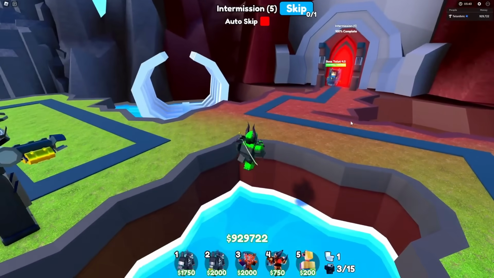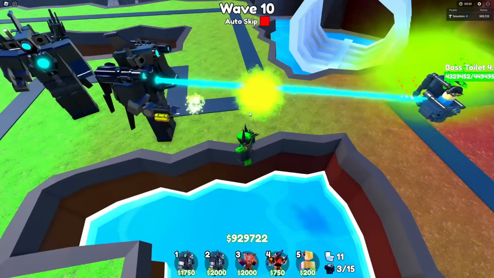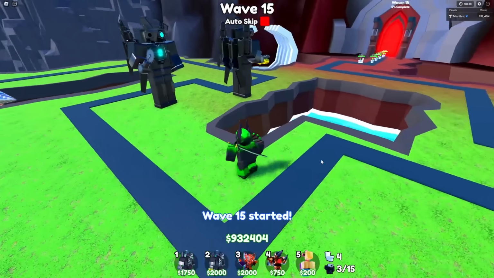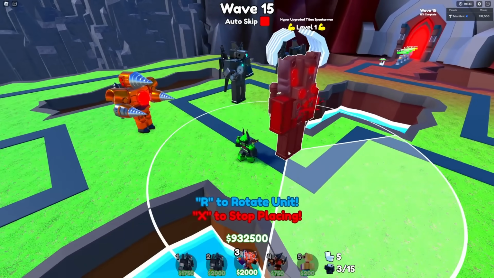I'm gonna spawn a Boss Toilet version 4 at wave 50 health, so 4.4 million. Oh, he put the bomb sound. He put the bomb sound. I'm gonna tell him to put a different sound. I'm gonna find one. Alright, so these are pretty cool, but what is even cooler is the hyper upgraded Titan